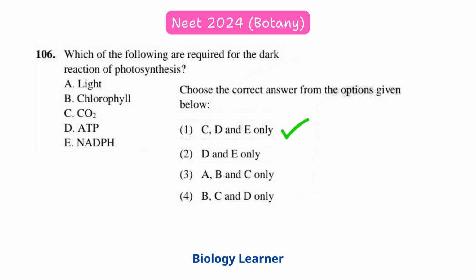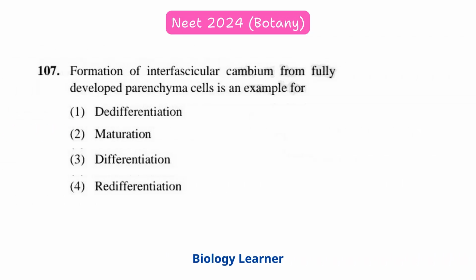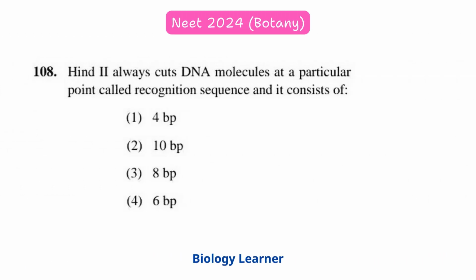The correct answer is option 1. C, D and E only. Formation of interfascicular cambium from fully developed parenchyma cells is an example for dedifferentiation. HindII always cuts DNA molecules at a particular point called recognition sequence, and it consists of